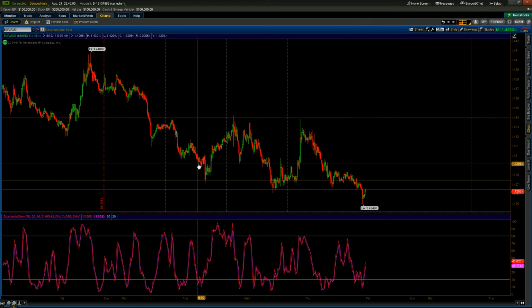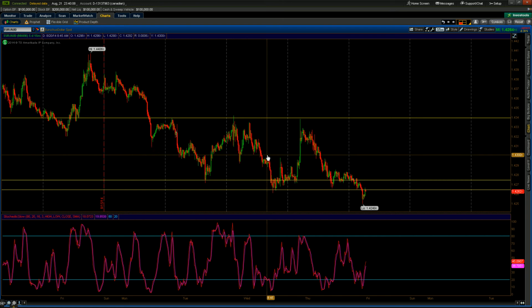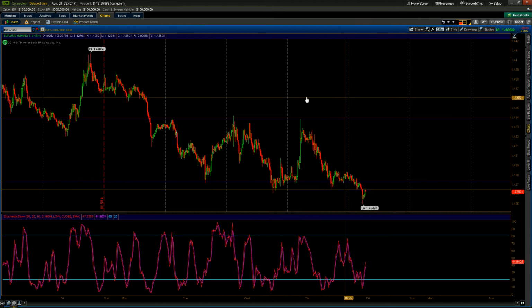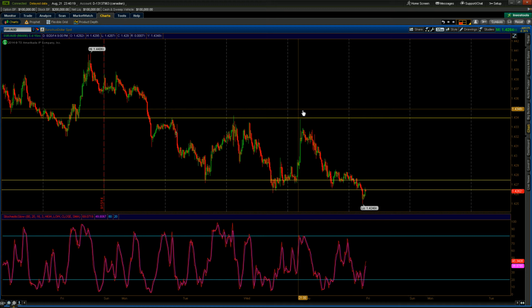So basically it came down and then bounced up, came down, and it did have a resistance. Even though it broke it, it acted as a point of resistance for a while. Anyways, continuing on, it also came down all the way here, and this is the lowest point of support at this point, so I put a line over there. So now what you want to do is, once you go into the chart,